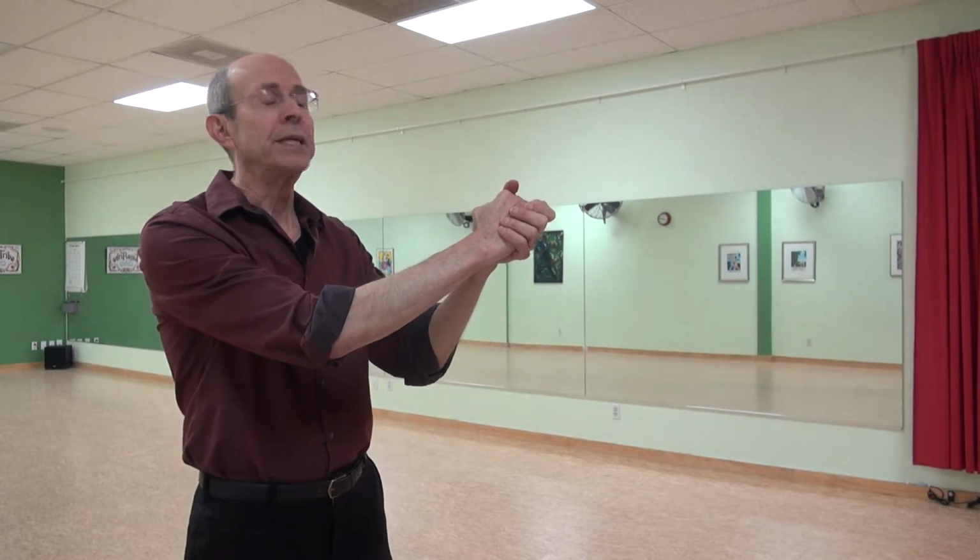Hi, let's talk a little bit about the hand side of the Argentine Tango embrace. Will you do a little experiment with me? Clasp your hands together in front of your chest with your right hand over the left hand. Now, if we move these out to the side, that should look familiar, like the hand side of the embrace,